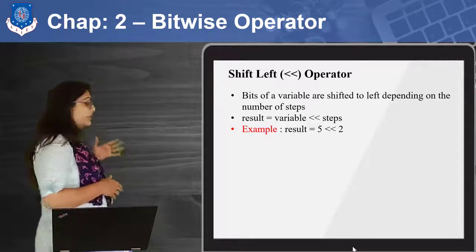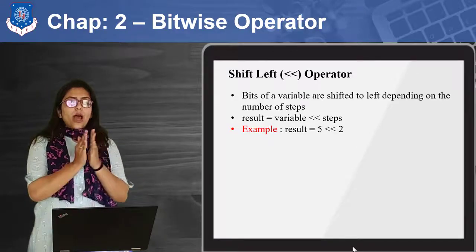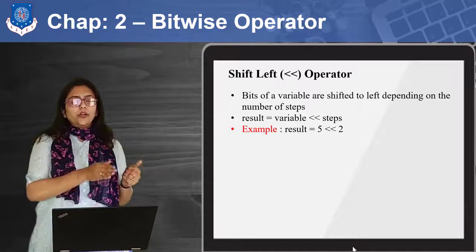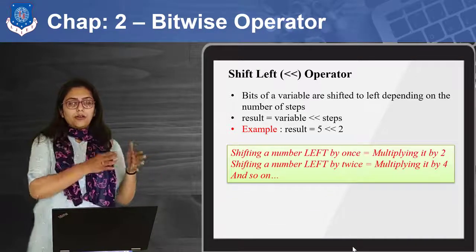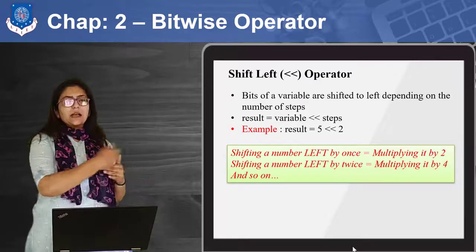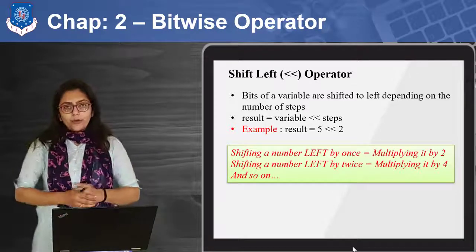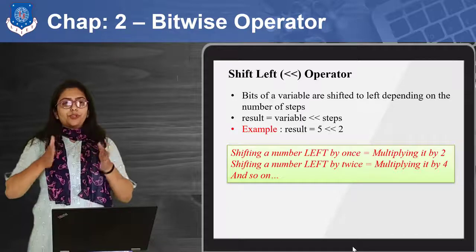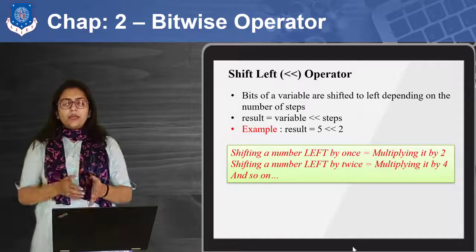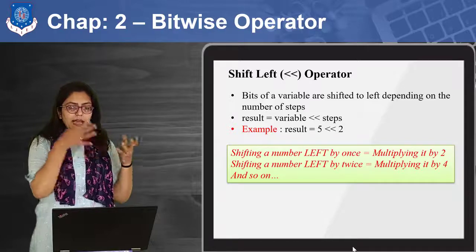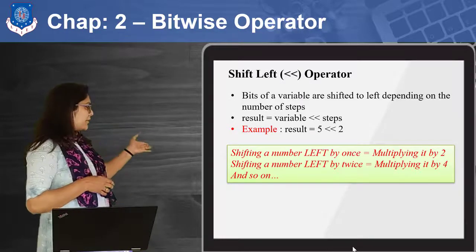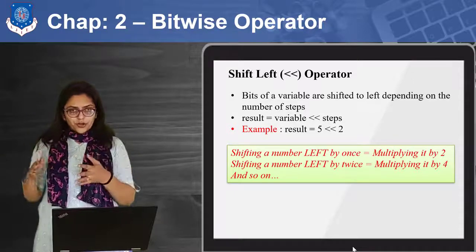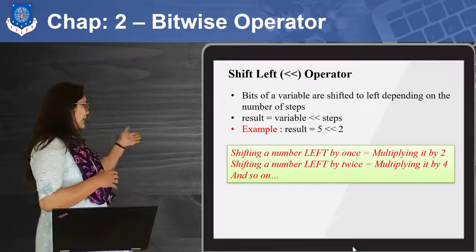Then after that, there is the left shift operator. Say you have a series of bits, say 8 bits. Suppose you want to shift these bits to the left side by some places. At that time you can use shift operators. So how can you use shift operators? Suppose you want to shift by 2 places, then you can write the variable. As you can see here, I have written 5 left shift 2, that means the binary of 5 will be shifted 2 places in the left direction. So you will get something like this.